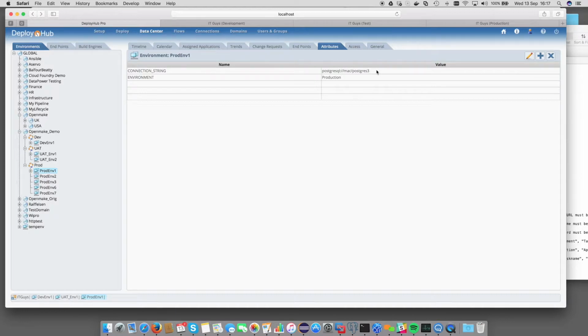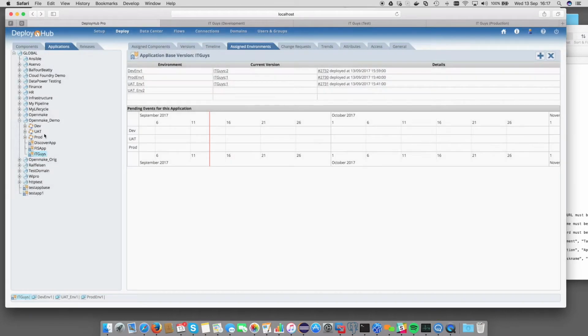So what we need to do is extract that configuration file from the WAR, make a change to that connection string, and put the configuration file back into the WAR file before that WAR file is deployed to the target server. So we know that DeployHub has this concept of a drop zone, where files can be manipulated before they get pushed out. So let me have a look at back to our application, and let's have a look at IT